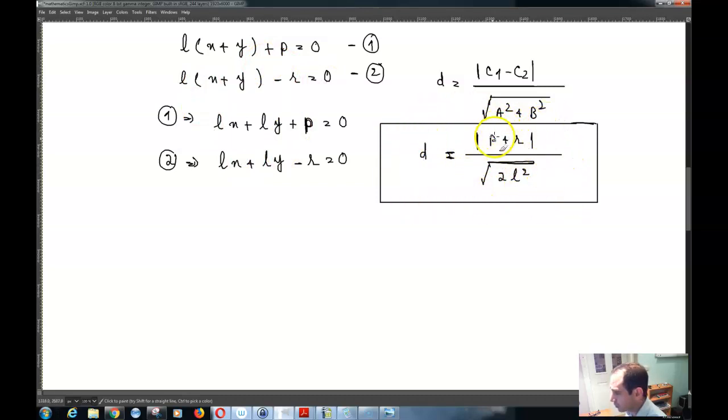Otherwise, this way I would have to write a whole lot of things on here, meaning that for example I could write this as, for example, p plus r over